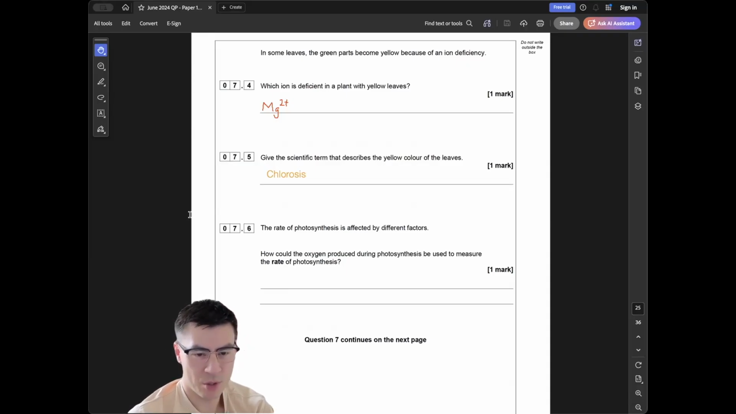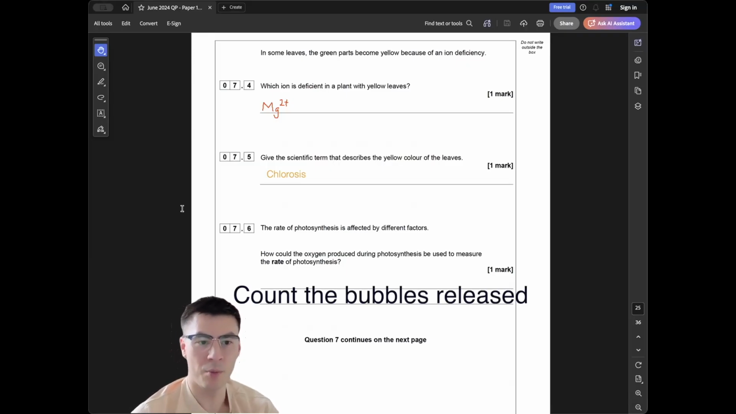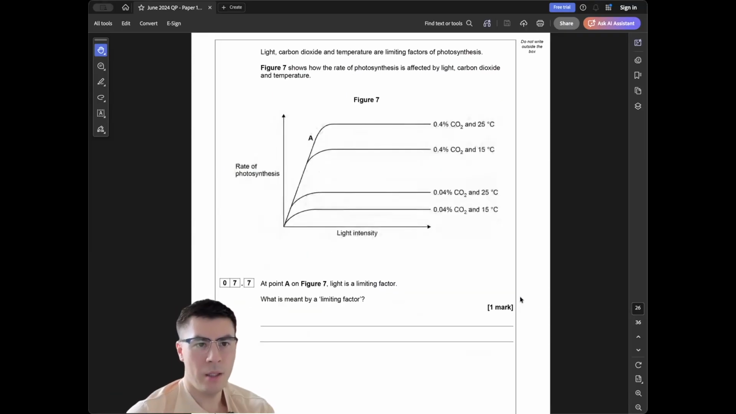7.6 Rate of photosynthesis is affected by different factors. How could oxygen produced during photosynthesis be used to measure the rate of photosynthesis? OK，因為 photosynthesis 會 produce oxygen，咁如果越多 oxygen produce，咁即係代表佢個 rate of photosynthesis 係越快。咁你可以 count bubbles，或睇個 volume of oxygen release，如果用一個 upside down volumetric tube。OK，light, carbon dioxide and temperature are limiting factors of photosynthesis. Figure 7 shows how the rate of photosynthesis is affected